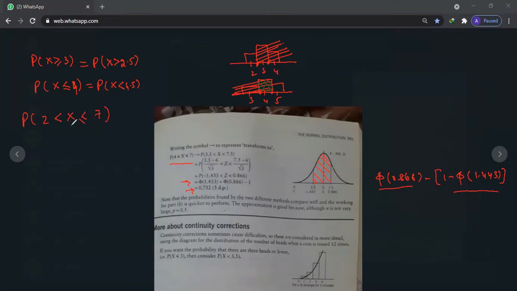We want to find this probability. Now for the continuity correction of 2, we will draw 3 rectangles with 2 in the middle, and 1 and 3 in the neighborhood. Now x is greater than 2. Is 2 included, Samir? No, sir. Okay. We will shade the area on the left or on the right. It is x greater than 2.